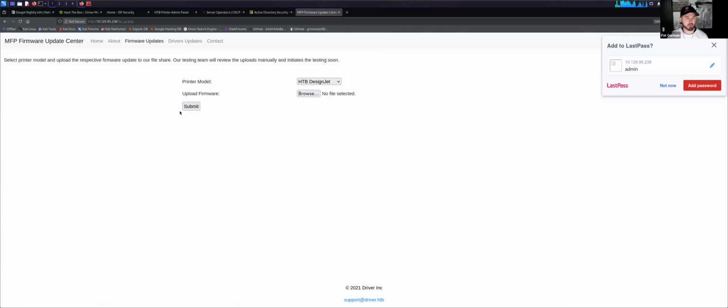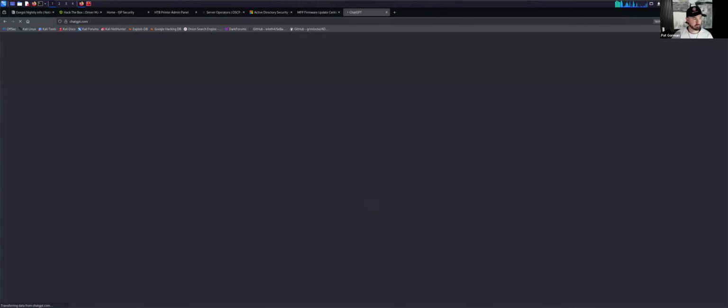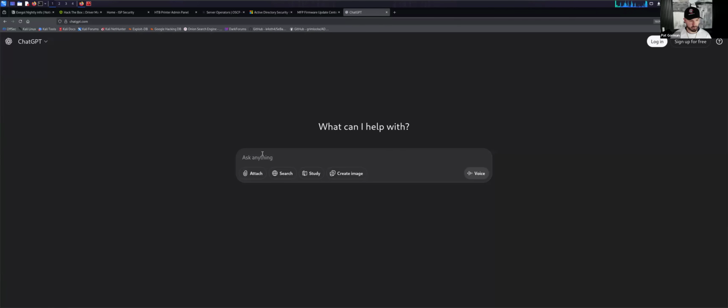So we can upload this thing. We can upload and submit different kinds of files. Okay. So this is pretty good. So what if we created, let's just use ChatGPT, because I love ChatGPT. We can create a command injection. I believe for printers, it's a SCF file, which is a shell command file. So I'm just gonna put like